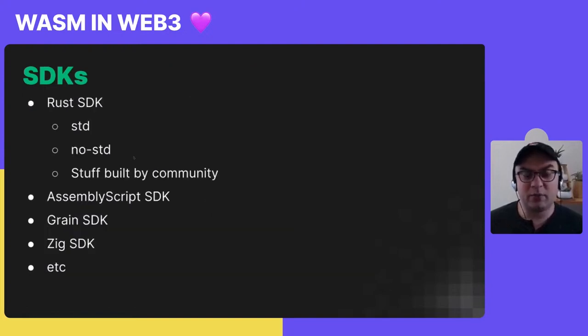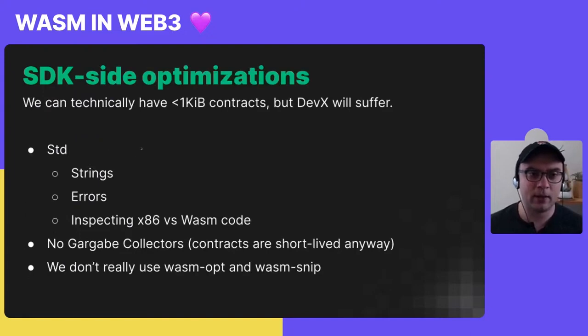And actually, we haven't made up our mind whether we're going to support garbage collection on the protocol level yet, because garbage collection is coming to the WebAssembly spec. So we have an opportunity to support garbage collection on a protocol level, but we haven't made up our mind yet about it. We had to do lots of SDK-side optimizations because people writing contracts on Near want their contracts to be smaller in size, because that means the fees are going to be smaller for compiling or for executing such contracts.